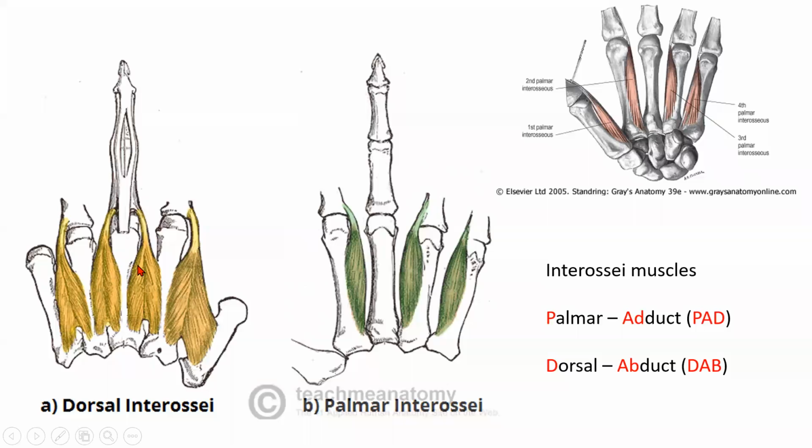Okay. The middle finger has got 2 dorsal interossei, and the ring and the index finger have their own dorsal interossei. And the little finger has got the abductor digiti minimi, which is a separate abductor. So we have got 4 dorsal interossei, which cause finger abduction, and 4 palmar interossei, which cause finger adduction. Any confusion here? Because if you get confused here, you won't be able to check these muscles clearly in the exam.